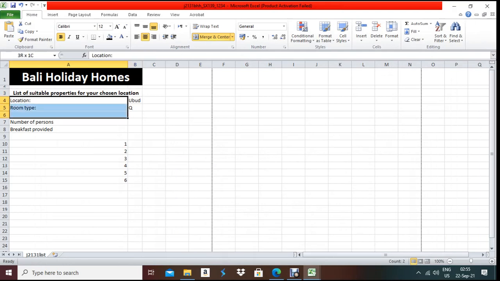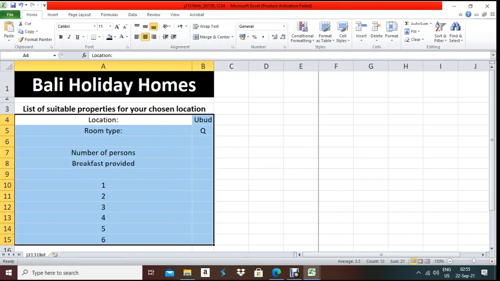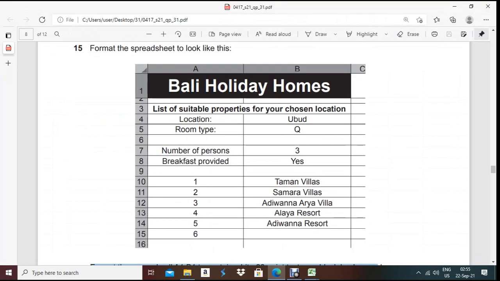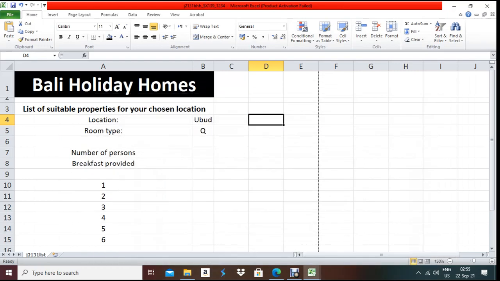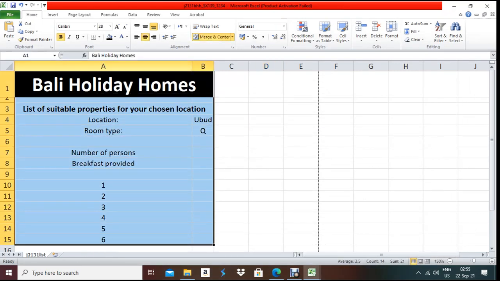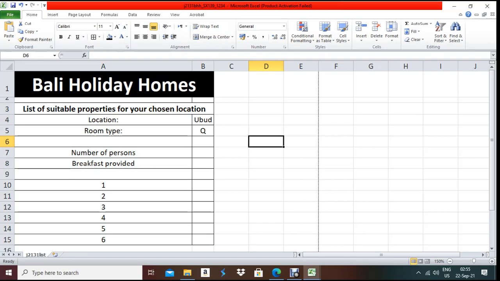So block the whole thing, and this one should be center aligned. Let me make it big so you can see it easily. Done. And the lines should be there, so block the whole thing up to 15, and make lines visible with all borders. Done.